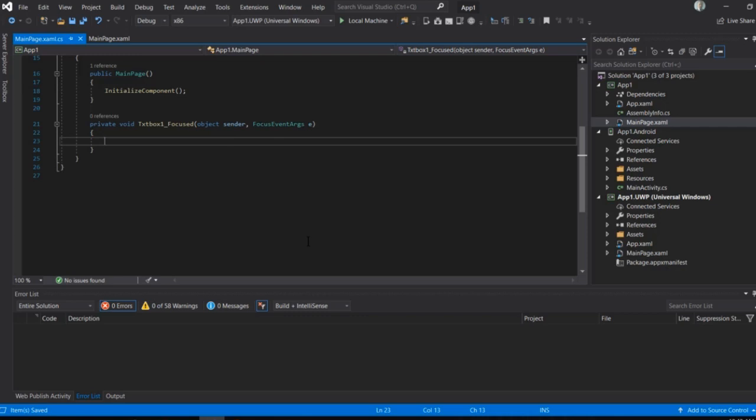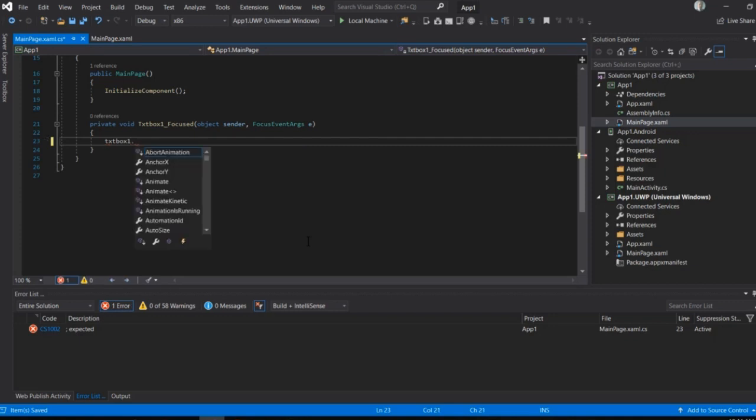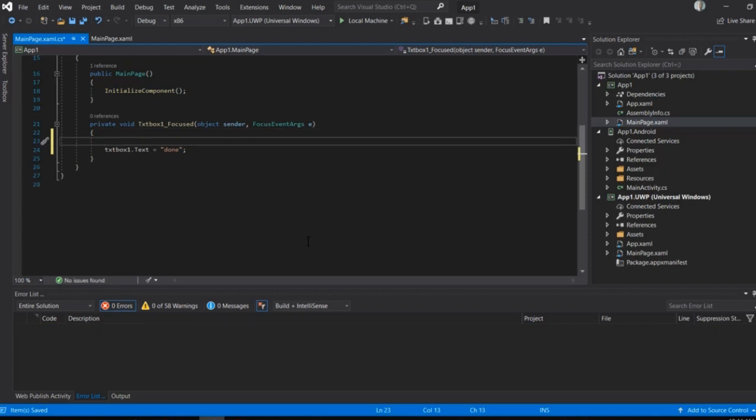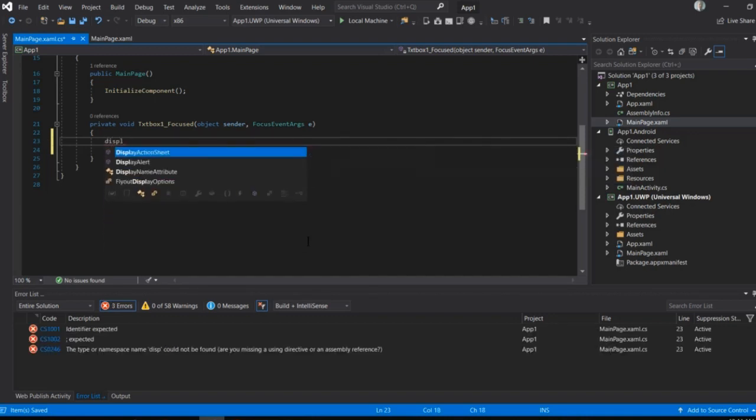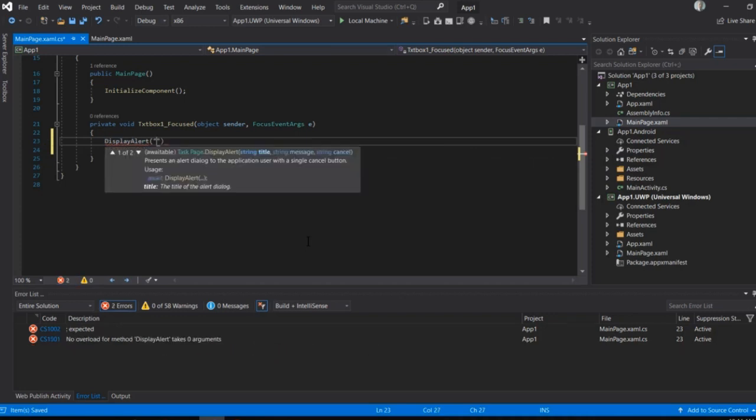So let's just use the name first, and let's do, say, txtBox1. Okay, that will be the text. Okay, the property Text is the actual text that's entered. Let's do Done. Okay, and with the text that we will enter into the text box, or into the editor as it is called here, we will actually display an alert, but we won't be getting the value from the name. We won't be getting it from the name. So test quickly. Okay, we won't be getting it